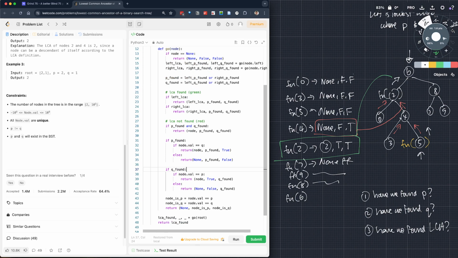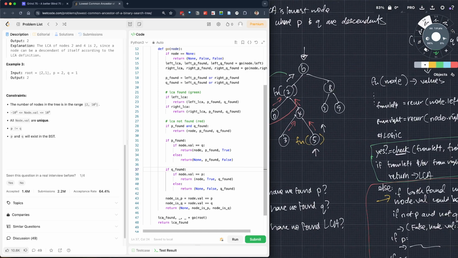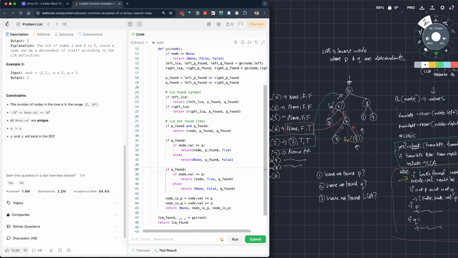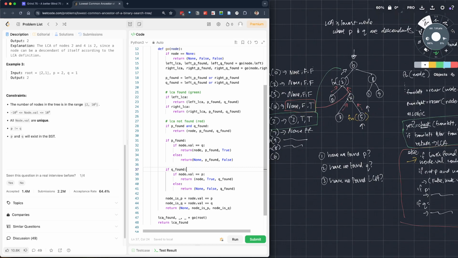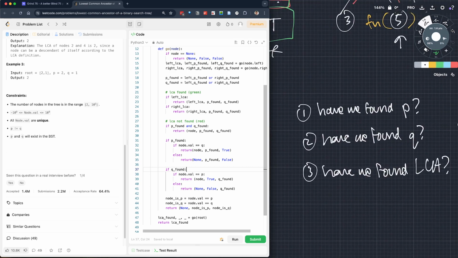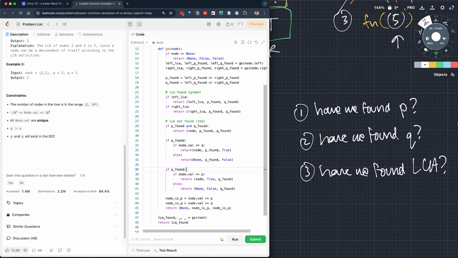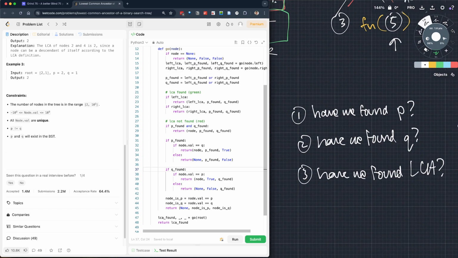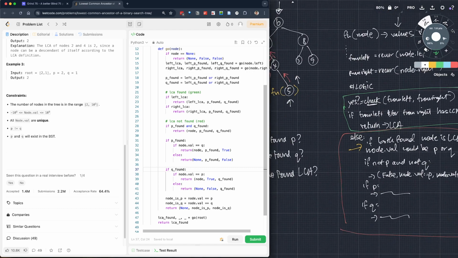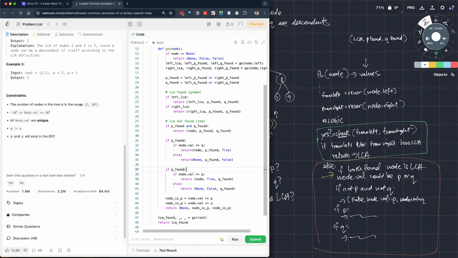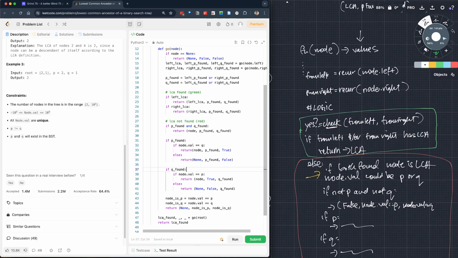All right, so that's it. This kind of just matches the diagram that we had here. What we did was we thought about what information we wanted to return, right? So here, have we found P? That's important. Have we found Q? Also important. Have we found the lowest common ancestor? Also important, right? Once we know what we kind of want, we know that the skeleton, the scaffolding of many of these